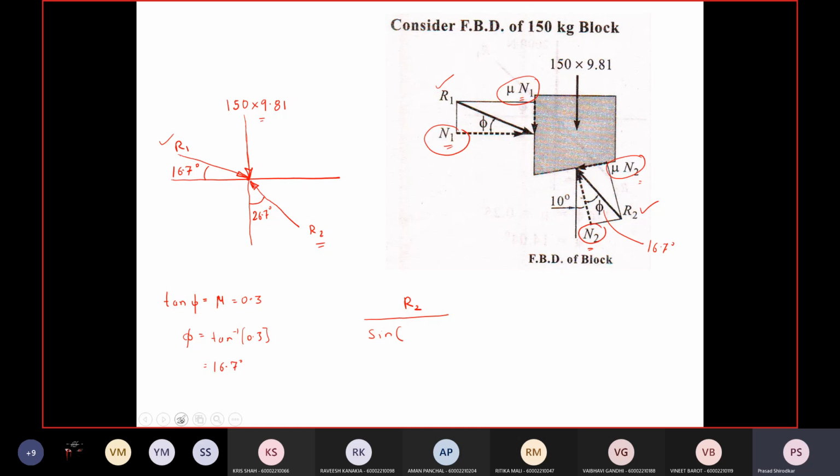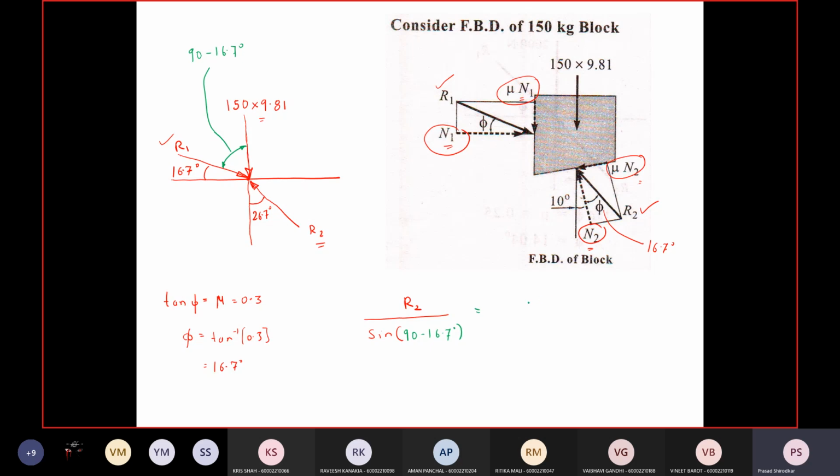So that is this angle, and that angle will be 90 minus 16.7 degrees. So sine of 90 minus 16.7